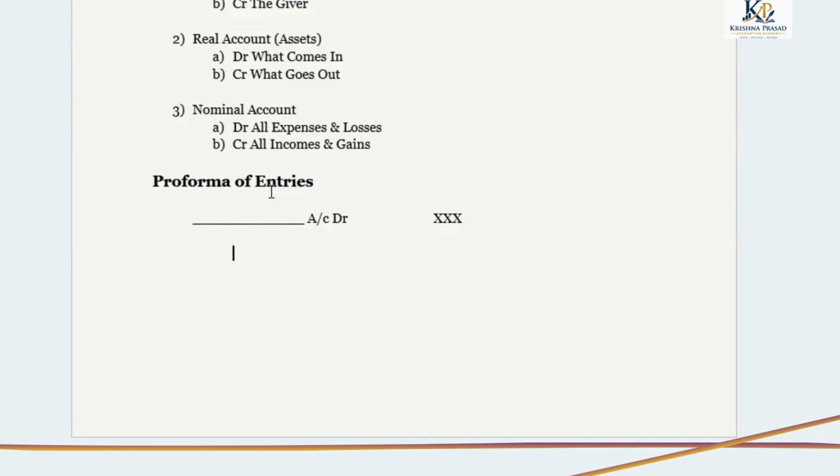And coming with the credit account, it should start from the middle of the debit line. So that means TO. TO represents the credit line. We can also use the TO and BY. A by C represents the account. So we need to enter the amount in the credit column.